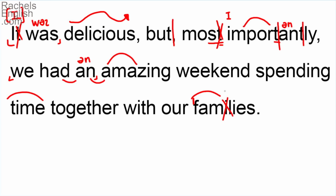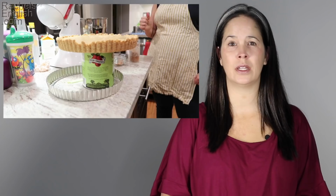By linking the ending consonant of a word into the beginning vowel of the next word, that helps us link things together smoothly. It helps everything sound nice and smooth. And in American English, we really like smooth speech. We had an amazing